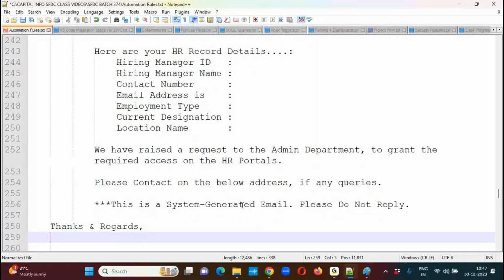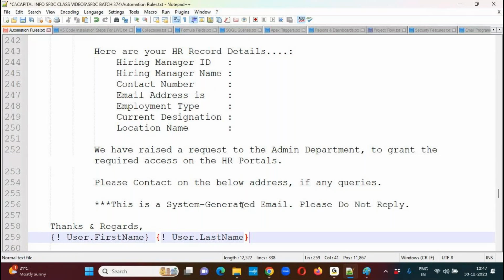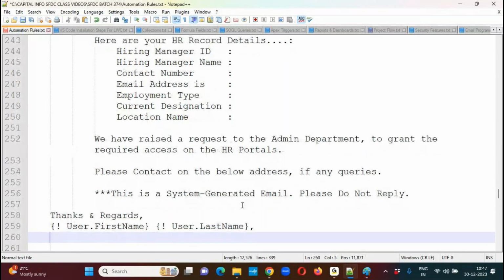I would like to specify the currently logged in user details. User dot first name, user dot last name. Currently logged in user details. I would like to specify. Now I want to indicate